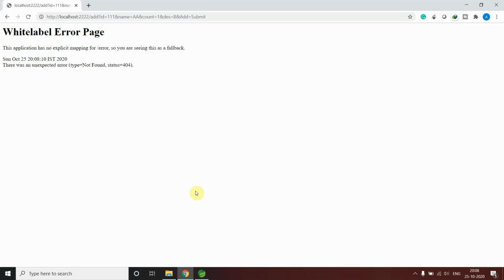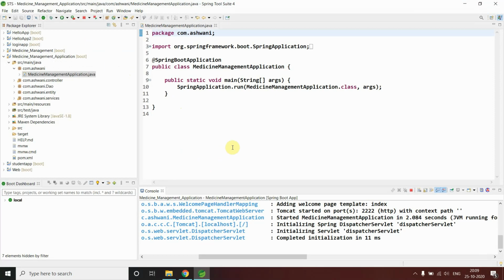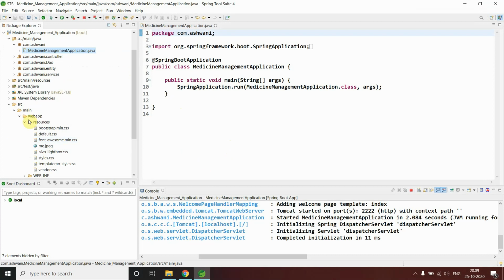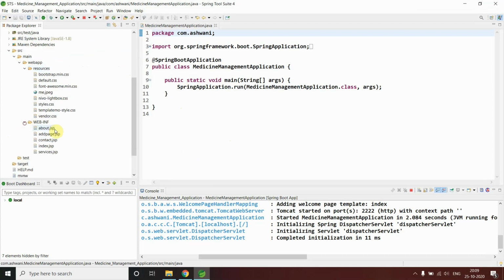Right now, we can just provide our implementation for this. So let me do this. Where are the JSP pages? Here in web apps resources we have CSS and other files, and all these pages.